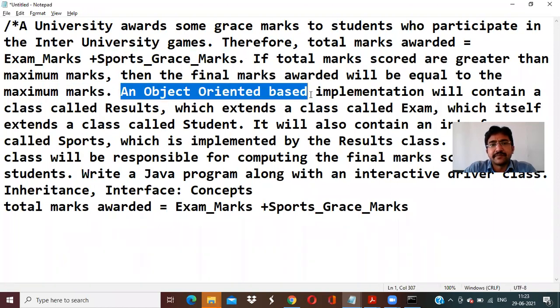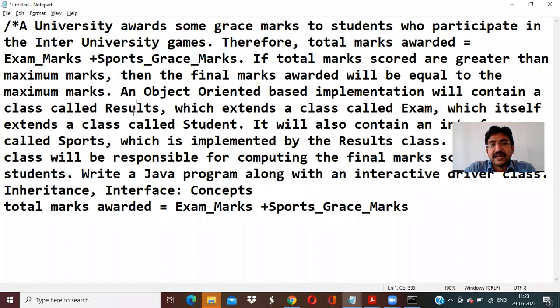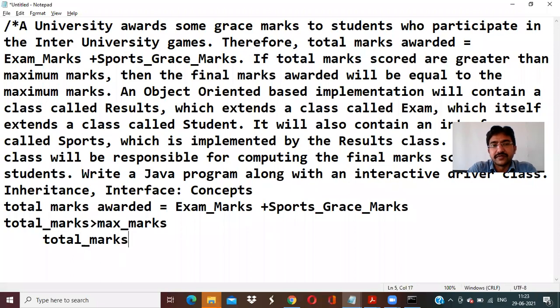An object-oriented implementation will contain a class called Results. So what is the total marks? We have to make sure that total_marks, when it is greater than the max marks, is set equal to the maximum marks.